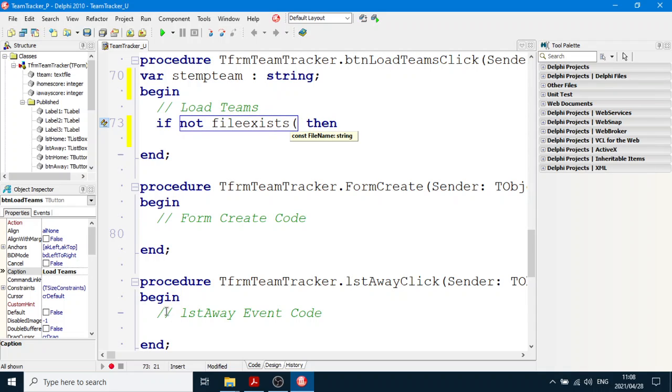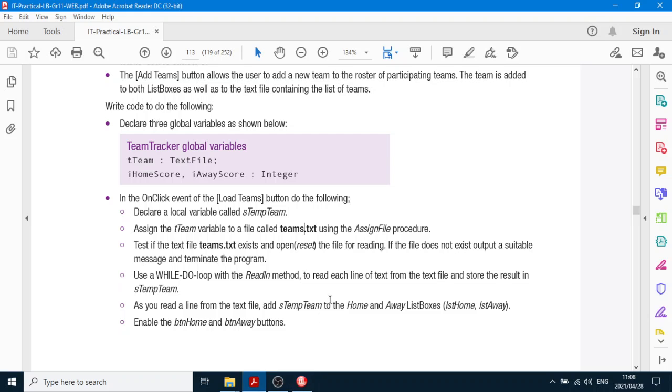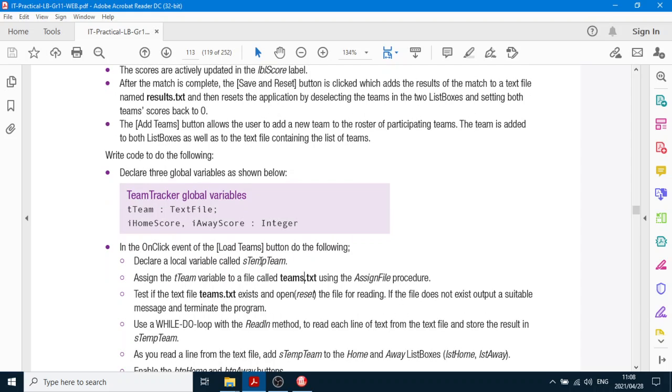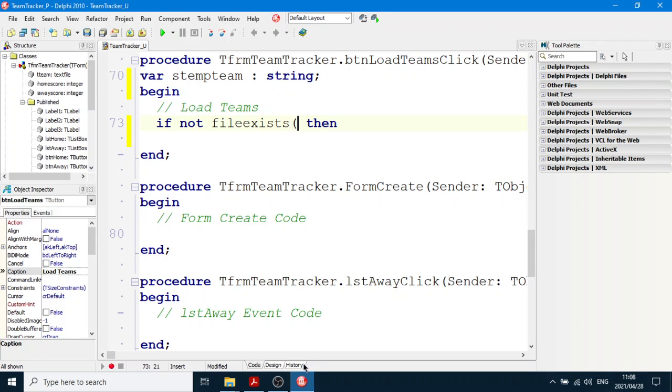Teams.txt. Where is it? Yep. Teams, inverted commas, teams.txt. Then we will show a message and